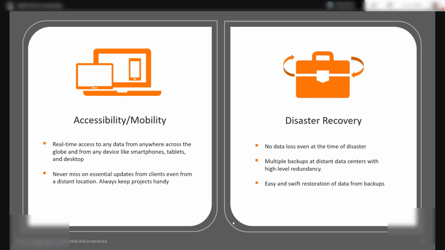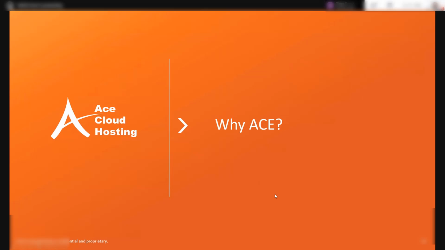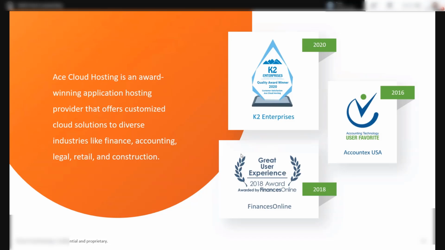So this is a very important aspect of a cloud, which comes as disaster recovery. Now, why ACE Cloud Hosting? ACE Cloud Hosting is a vendor which hosts applications on the cloud. It's an award-winning application hosting provider. ACE has won numerous awards in the last few years, specifically for customer service and user experience, because they understand the pain points that customers go through, and they have a diverse portfolio of clients in industries such as finance, accounting, legal, retail, and